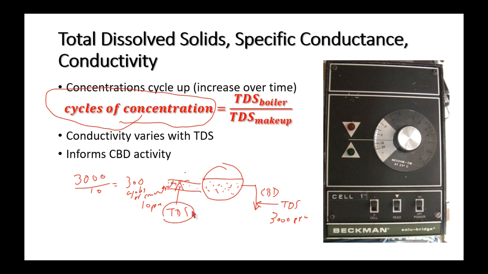Now, TDS, like I said, is not a very good way, or pardon me, I should say conductivity is not a very good way of determining TDS because of sodium and chlorides and things like that. Certain ions aren't very conducive for determining what the actual dissolved solids concentration is, because conductivity will be affected by those ions. So if we have got chloride ions coming in,